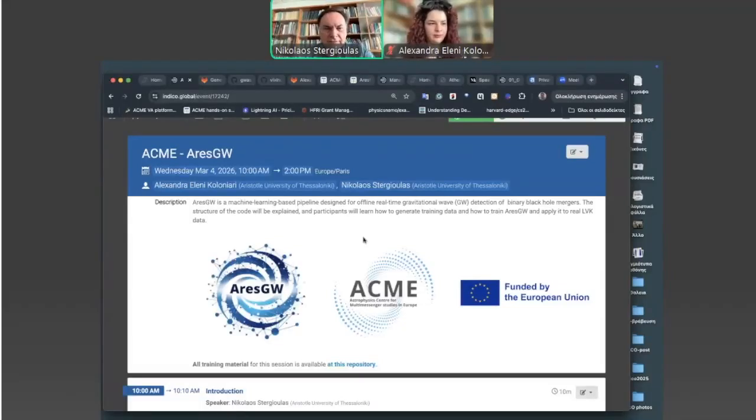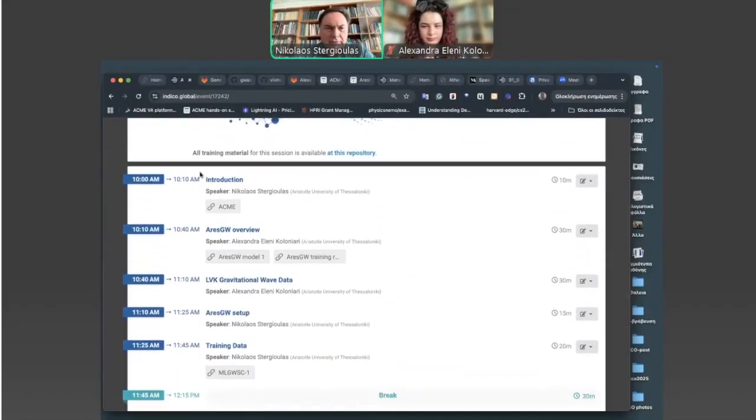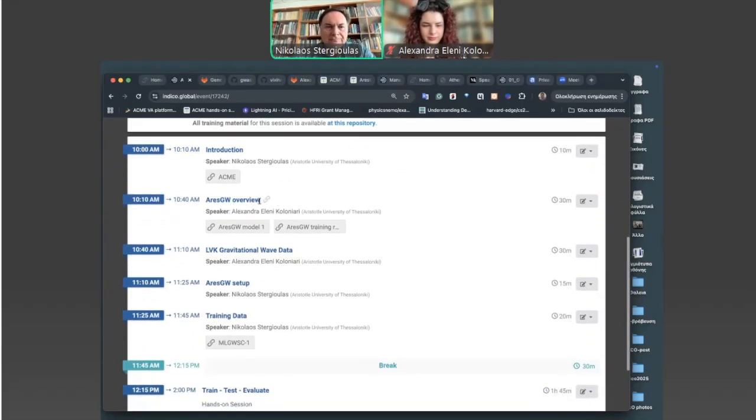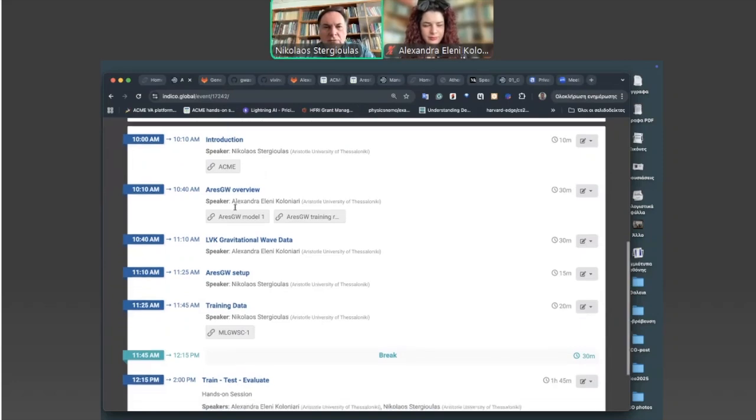which you have received. So we're going to start with a very brief introduction about the ACME project and what kind of tutorials it is offering and what's going to happen over the next few months. Then Alexandra is going to present an overview of the AresGW code, more or less how it is working, the basic structure, the main results one can achieve with this. And she will also then